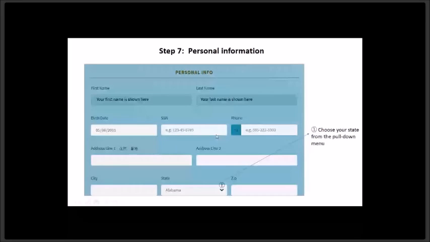Some countries have a tax ID, others maybe just a passport number or a driver's license number or some kind of government issued ID. And then of course your phone number, the country code will auto-populate based on the country you picked. Then of course you put in the different address information, city, state, zip code, all of those things